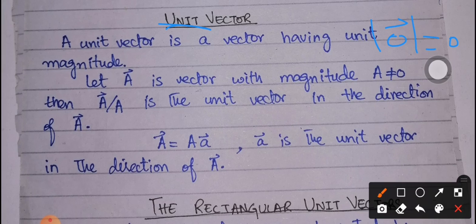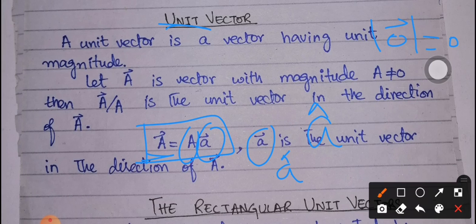Any vector with magnitude 1 is named as a unit vector, and obviously it is going to have some specific direction. We know that we can represent any vector in this form: vector A is equal to the magnitude of A times the unit vector. Normally we represent the unit vector with a cap over it, or a small letter with an arrowhead over it. The basic way to represent it is a cap. It's your choice what you want to use, but a cap normally represents the unit vector.